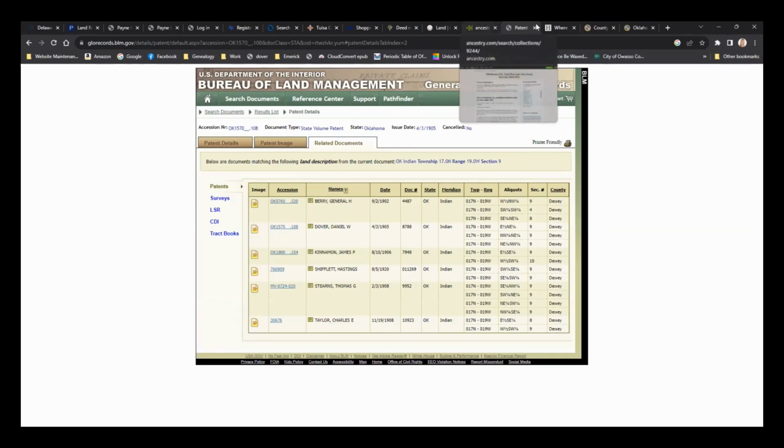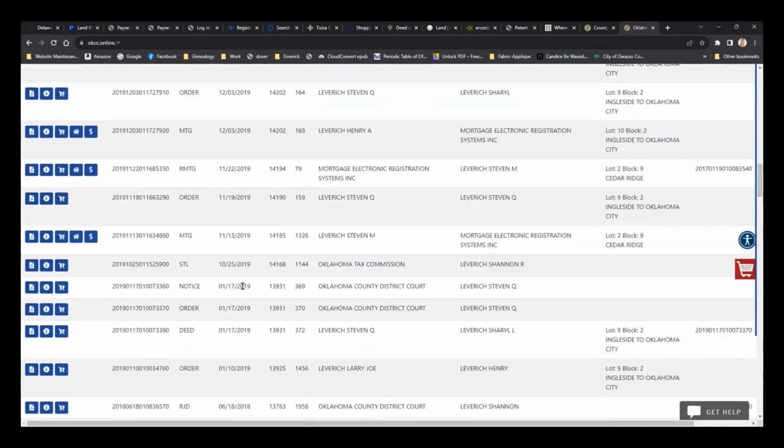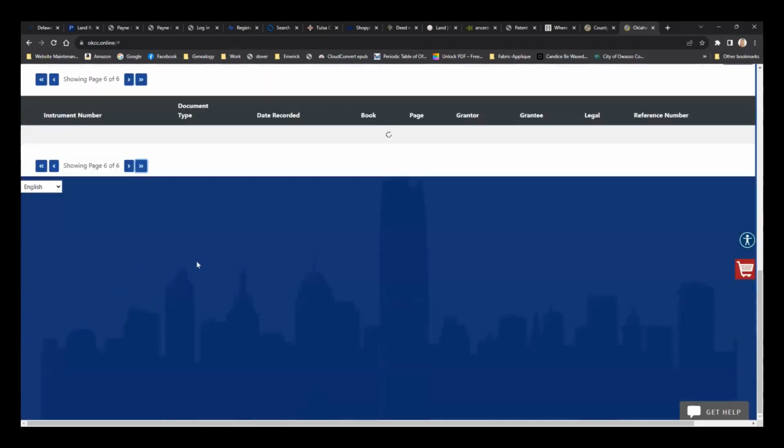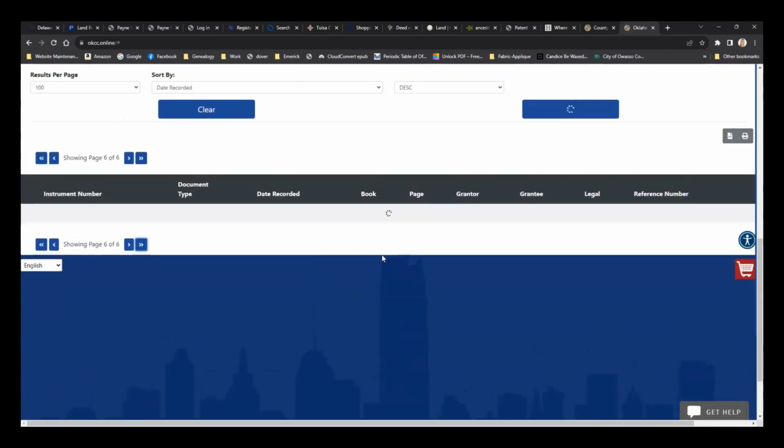Let's go back and see if her Oklahoma County thing ever came up. It's giving me the newest first. I won't know the newest people. We're going to go to the very end, to page 6, if it comes up. Showing page 6. I'll go back one page.